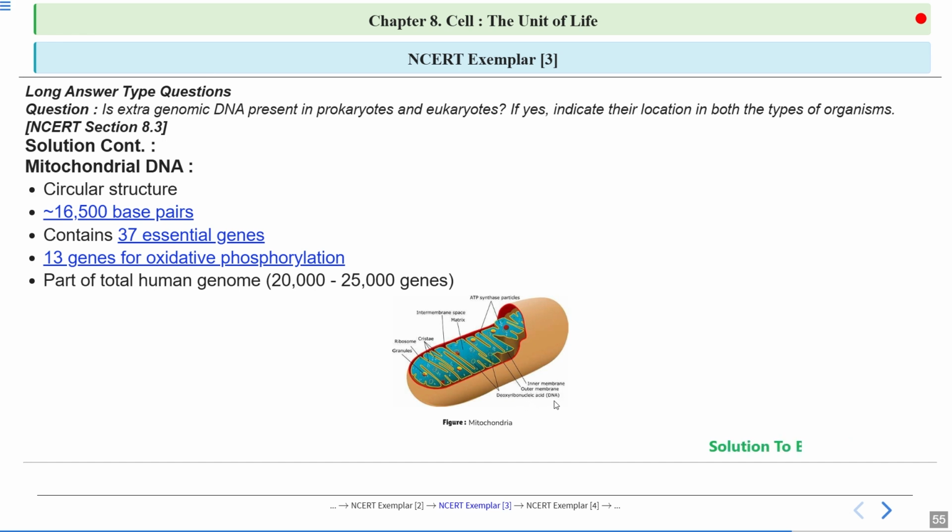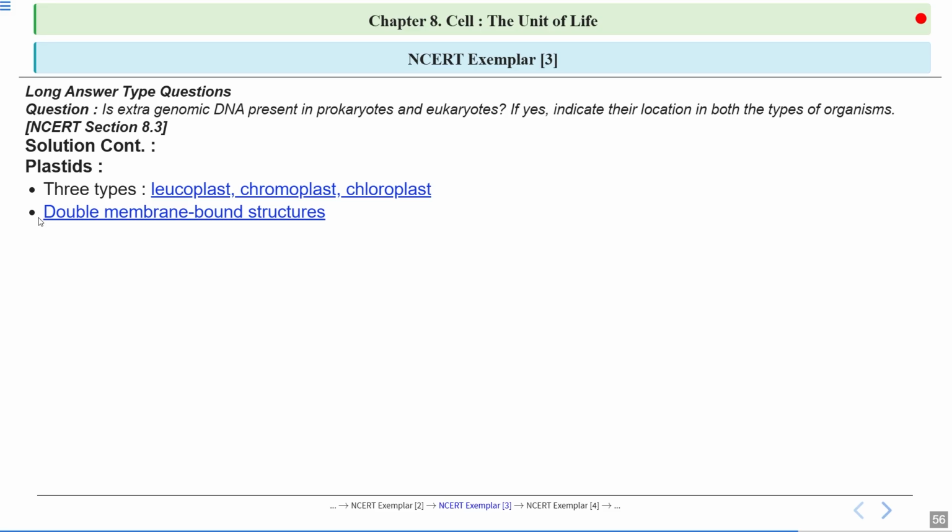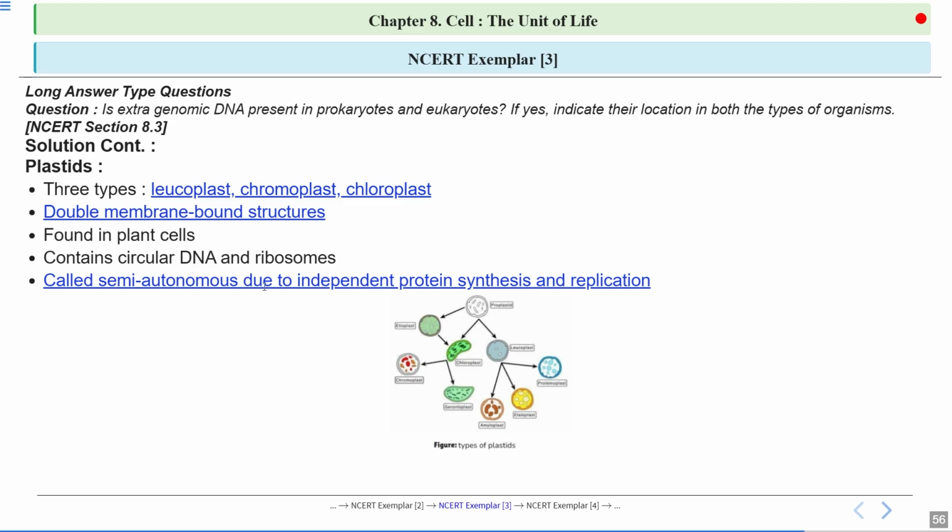Okay, here you can see it consists of its own DNA. Then about the chloroplast, which is a plastid. So there are three kinds of plastid. You can see they are double membrane bound organelles. They are found in the plants. They contain circular DNA as well as their ribosomes, which are 70S ribosomes. They are also semi-autonomous organelles because they can synthesize some of the proteins themselves, and they can divide by binary